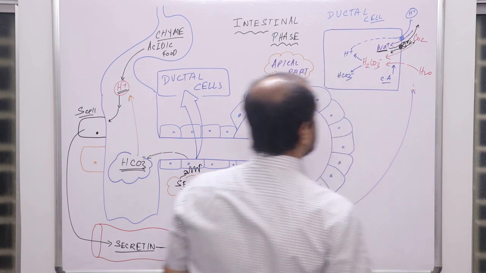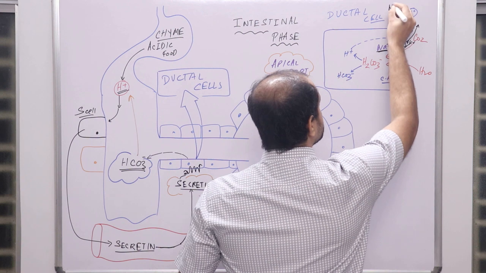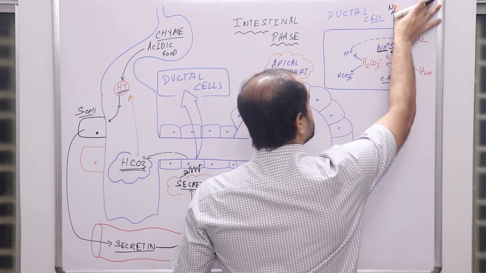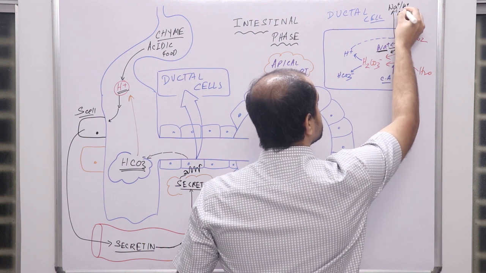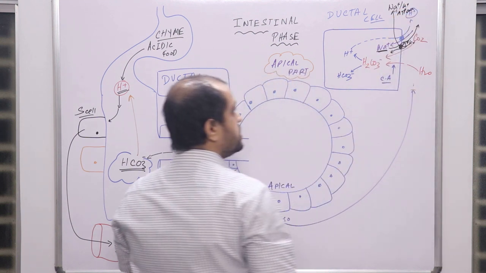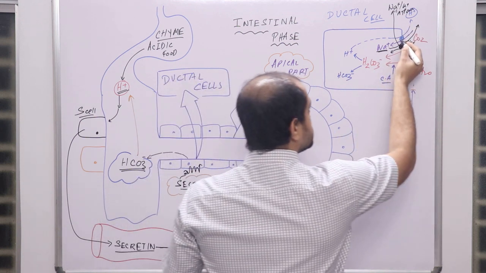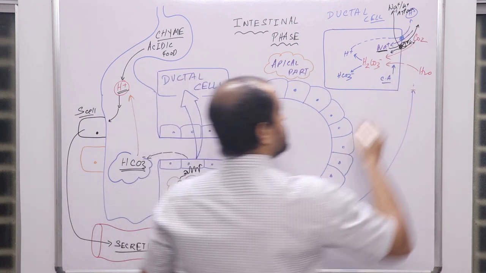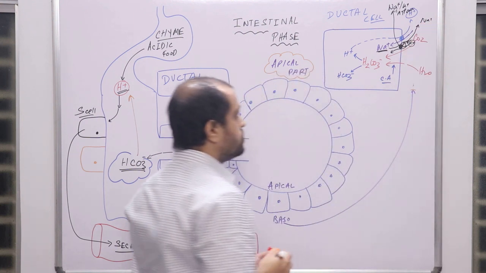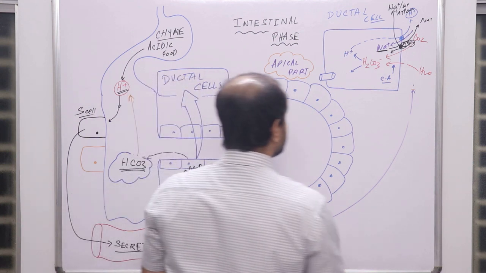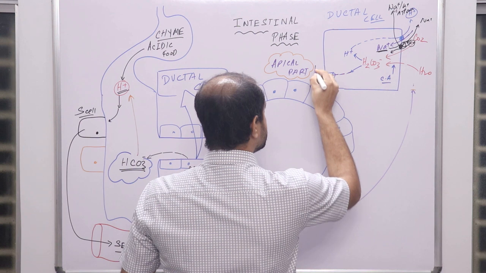You know what is the name of this protein? This is sodium potassium ATPase. Okay, clear? And this blue one is a sodium hydrogen exchanger. Now potassium moves in and sodium moves out. It's so simple. Now in the apical surface, what happens is this: HCO3 minus escapes